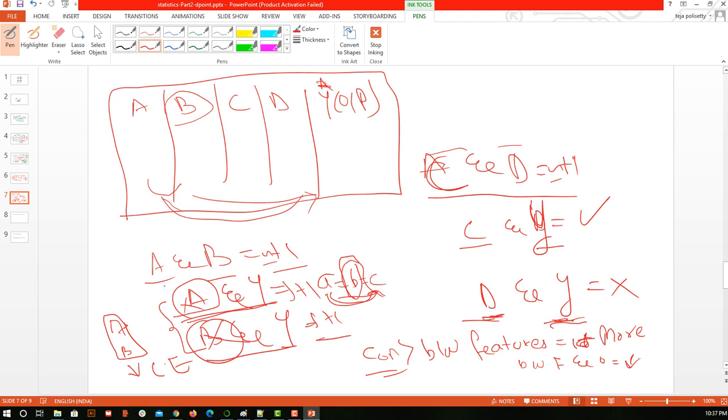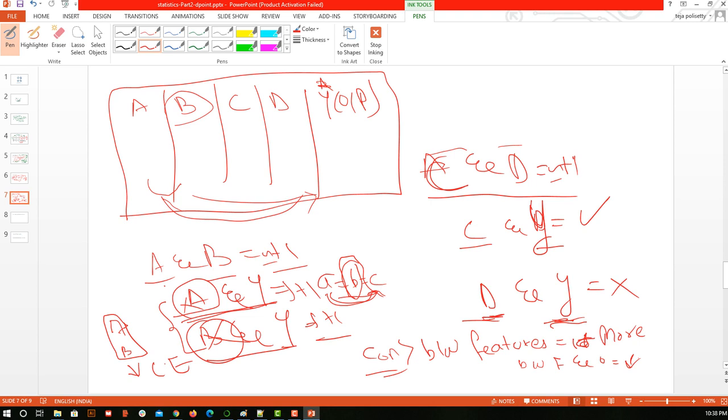I'll repeat this last statement because it was an important statement. Between the features, if the correlation is more, you can try to remove some of them, but if the relation between the feature and the output is less, then you should try to keep it. Your focus is only one thing: within the X columns there should not be much correlation among themselves, because then they are providing the same amount of information to the output, and that is of no use. I hope that is clear.